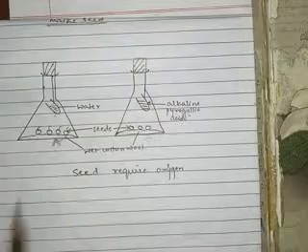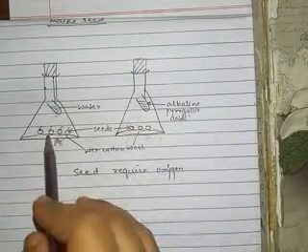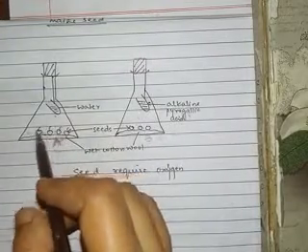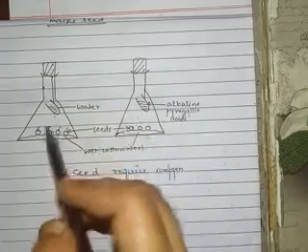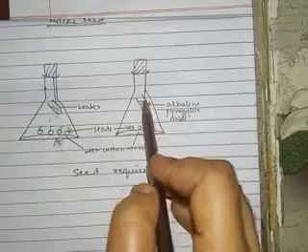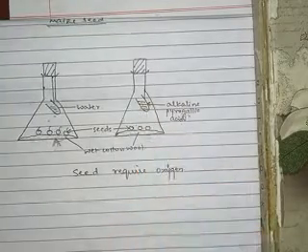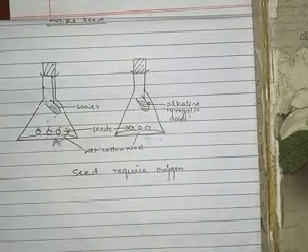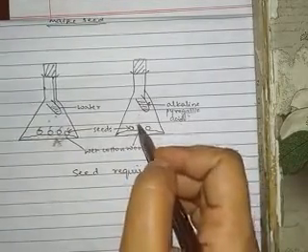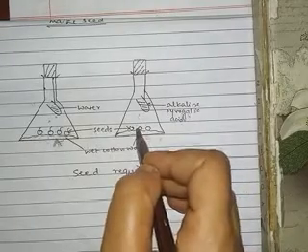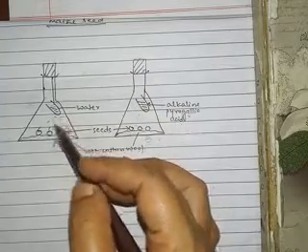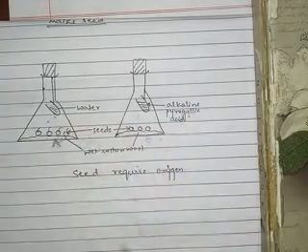So the temperature was perfect in both the cases. The water was provided with the help of the wet cotton wool. What was the difference in both the flasks? In flask A oxygen was available, and in flask B oxygen was absorbed by alkaline pyrogallic acid, so it was not available. Since the oxygen was not available to the seeds in flask B, they did not germinate. Right, understanding? And because the oxygen was available in flask A, the seeds germinated.